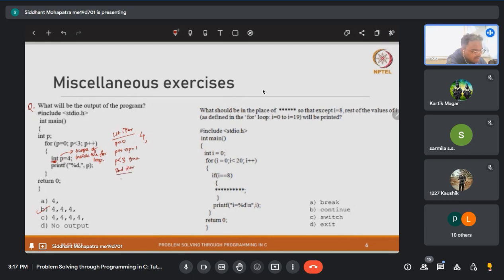and in the second iteration it again redefines p as 4. This is another p, that is why I am writing int p, and it prints 4 again, right? And then p plus plus. So by the time this p plus plus occurs, this p equals 4 variable is already destroyed. It's not there anymore because it does not have any significance while we are doing increment and decrement,